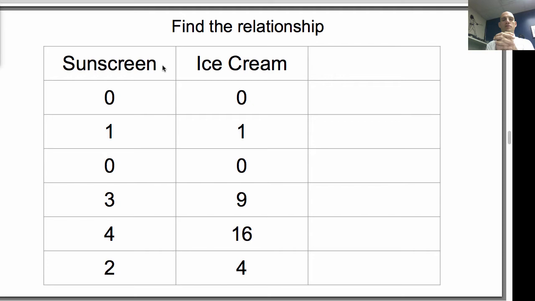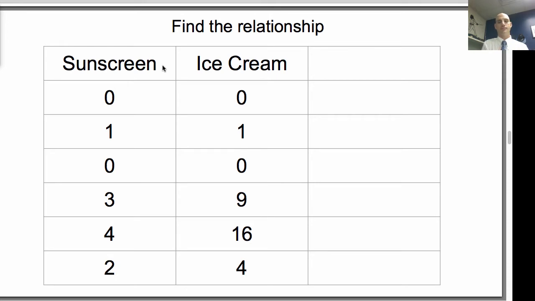Days that they sell no sunscreen, they notice that they sell no ice cream. Then one day comes and they sell 3 bottles of sunscreen. On that day, they sell 9 ice cream cones. The next day, they come in and they sell 4 sunscreen bottles and they sell 16 ice cream cones. The day after that, they sell 2 bottles of sunscreen and 4 ice